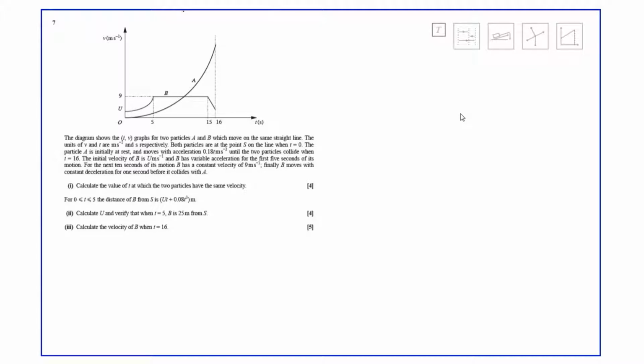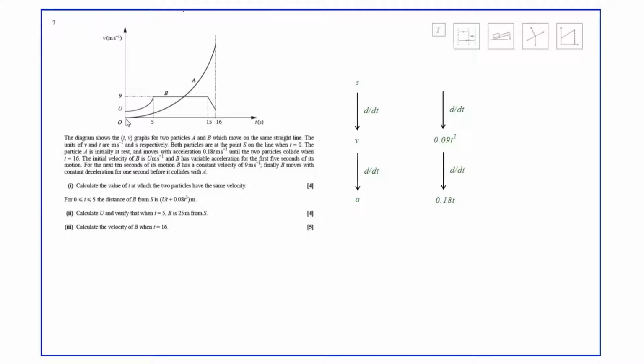We don't actually have a velocity function explicitly for A yet, but of course we know that what we are given, the acceleration function, is the derivative of V, the velocity function, which in turn, by the way, is the derivative of the displacement function. So in the case of particle B, what we're given is the acceleration function, so we're down at this level, and we want to go up a level to get the velocity function. When we integrate 0.18t, we do get this plus c, perhaps, but c is 0,